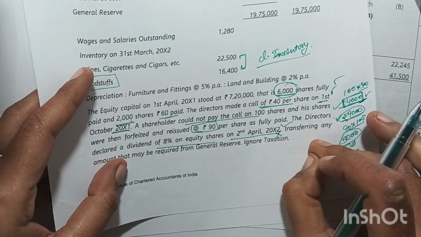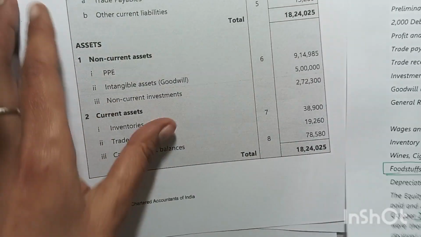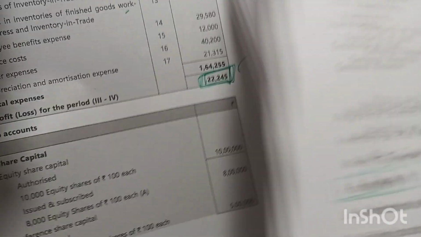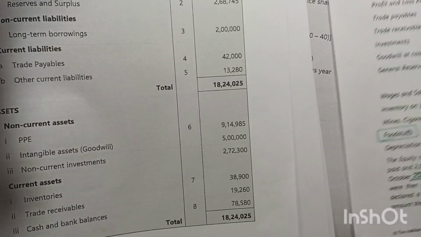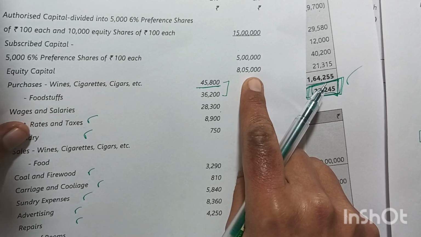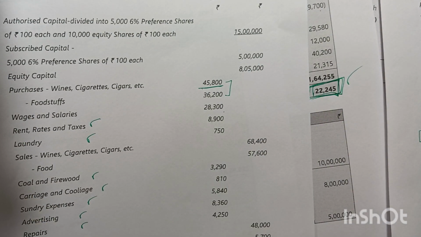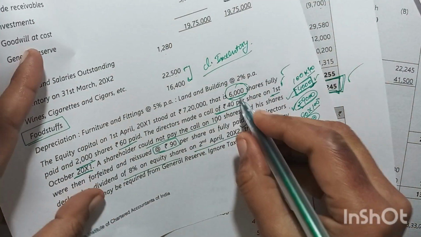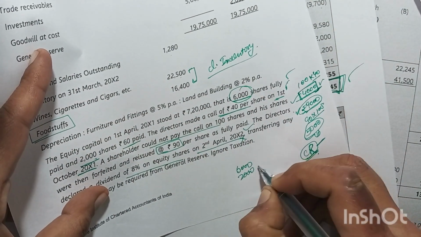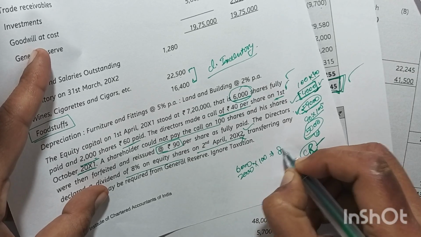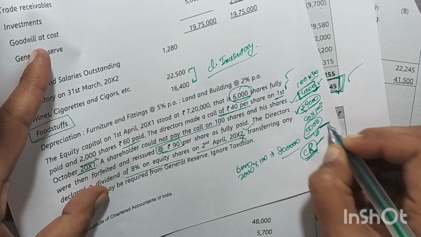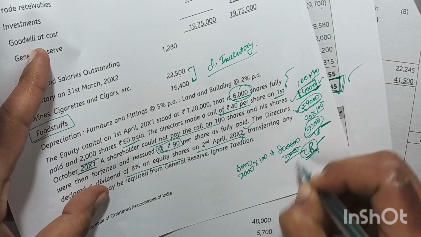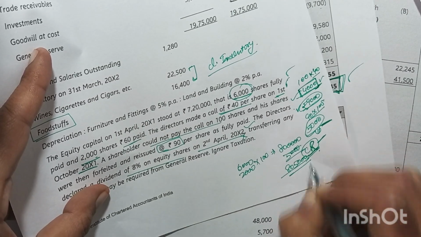So total capital issued is 8,000. That's why they have mentioned here in the capital account, the capital note, that is 8 lakh 5,000. In the balance it is given as 8 lakh 5,000. How much is the 8 lakh 5,000? Because 5,000 is the amount which they have received extra on the forfeited share. Like 6,000 plus 2,000 into 100, that is 8 lakh, and 5,000 extra amount they have received. So that's why it amounted to 8 lakh 5,000.